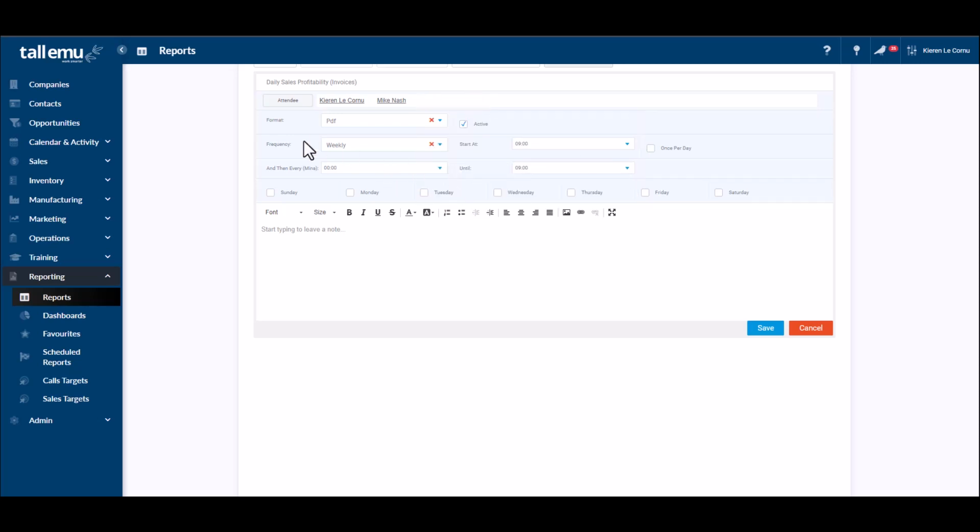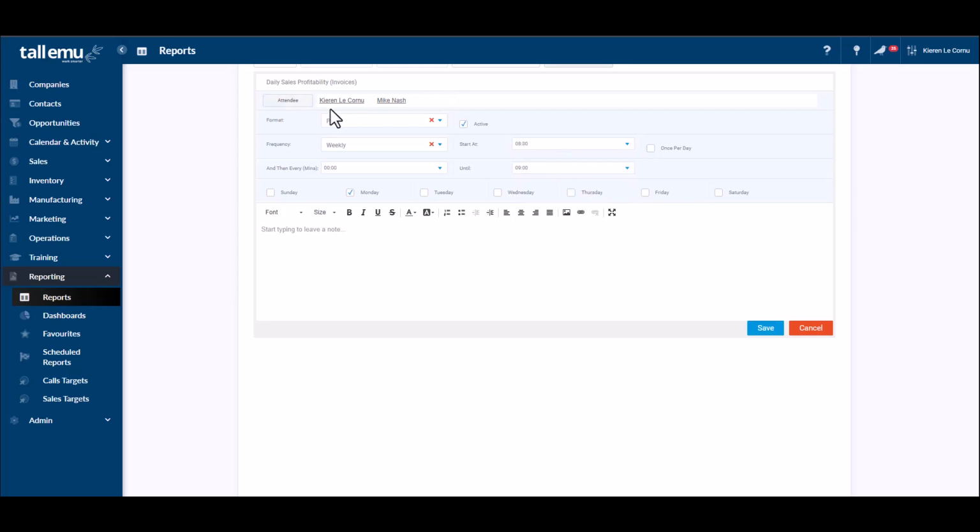So what we can do is set this report to be emailed out as either a PDF, an Excel spreadsheet, or a CSV. So I can basically pick the format that I'd like it to be attached in. I then choose the frequency of how often I'd like this email to be sent out. So do I want that daily, weekly, or monthly? So I'll leave that at weekly and say, right, every Monday morning at, let's say it's 8:30, I want you